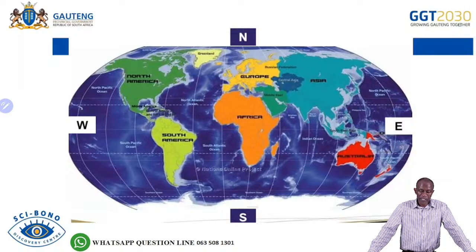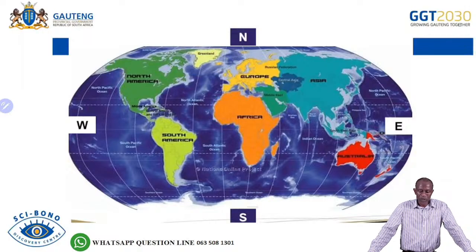This is the world map, and it shows you the different continents of the world. The 7 continents are shown here, and for you to understand the time zones well, you need to have a thorough background of the world map,